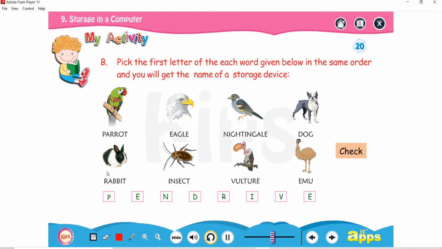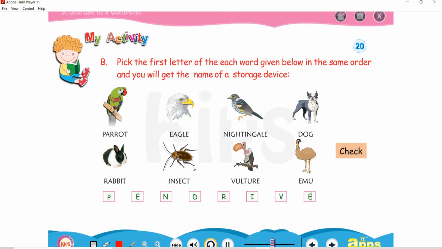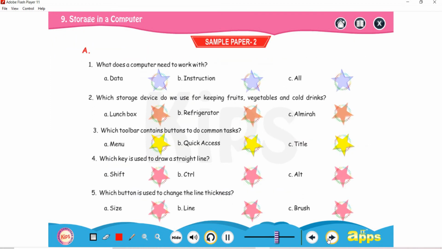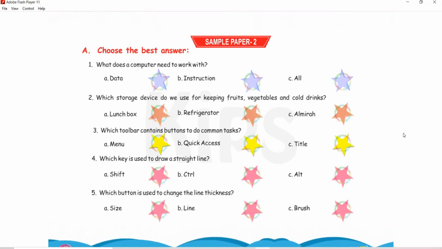With the help of these first letters we create the word pen drive. So a pen drive is a storage device. We can store data in the form of letters, numbers, words, pictures, images and videos in the pen drive. Choose the best answer. With this we finish our question answer session.